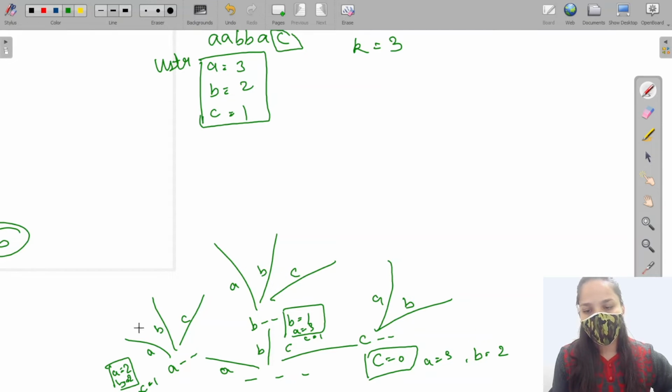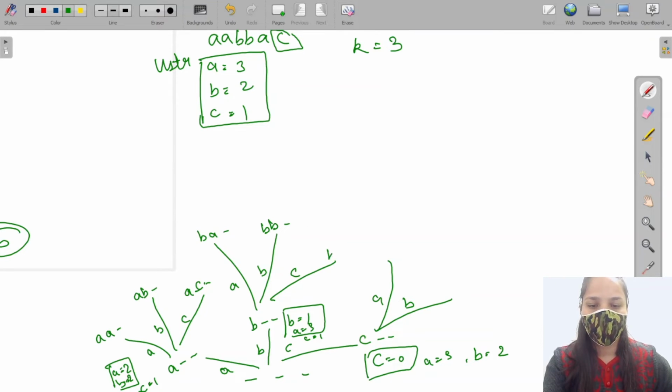All right. Here answers will be like AA dash, AB dash, AC dash. And here BA dash, BB dash, BC dash, CA dash. All right. Again we will update our hash map. In this case, the frequency of A will become 1 because we have used A 2 times. So again,